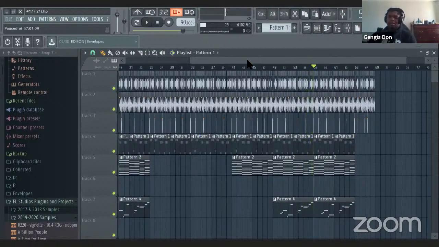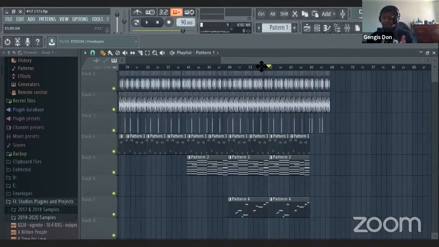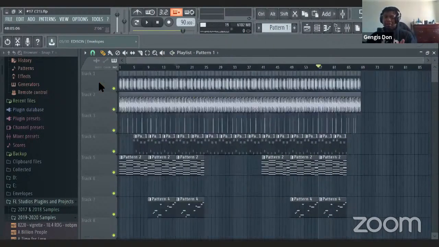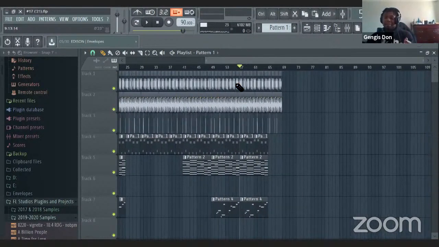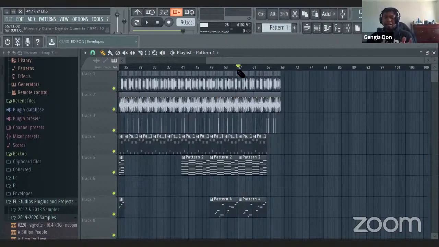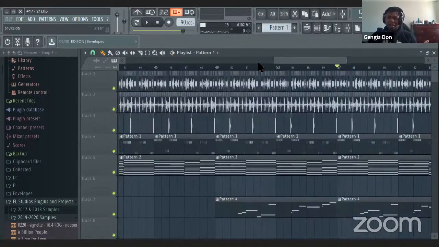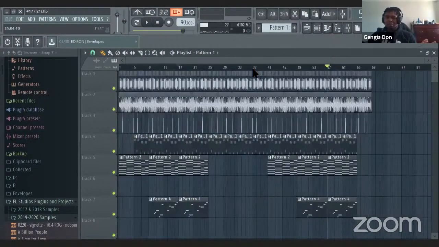So there's different ways you can do it. You can do a shortened chorus the second time, because you already did a full chorus the first time. Then maybe even go into a sort of bridge, and then go back into the chorus to lead out. You don't even have to go to a second verse. It's all up to the artist, and it's all up to the producer as well.